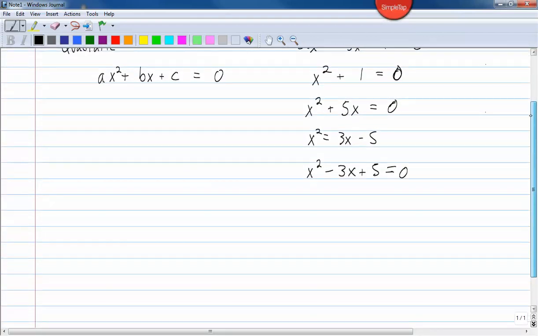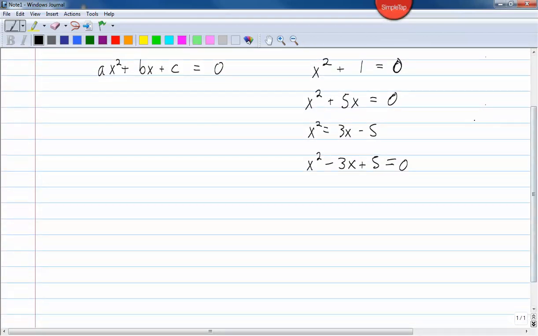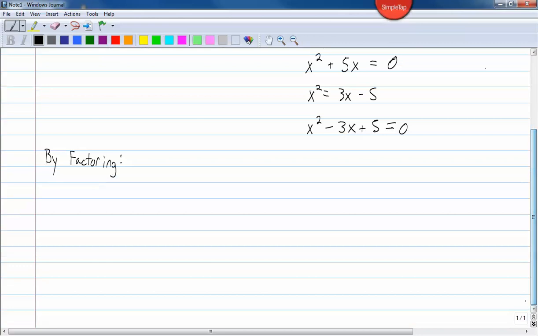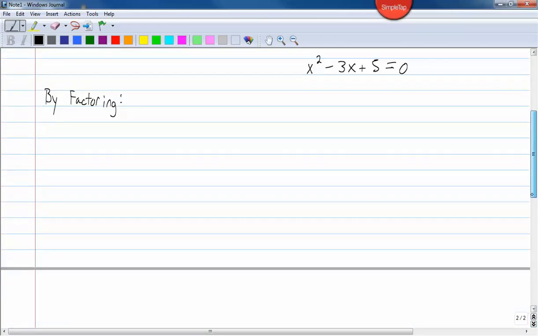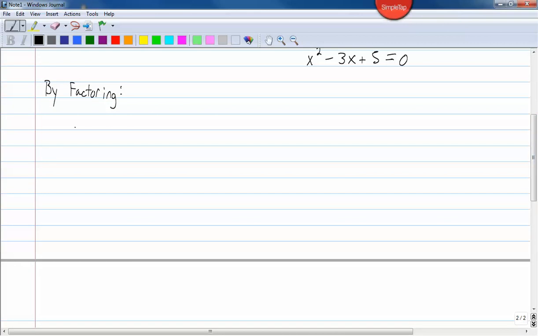Now the first method that we're going to go over to solve quadratic equations is by factoring. Alright, to solve quadratic equations by factoring, we have to use something called the zero product principle. And the reason it's called the zero product principle is because